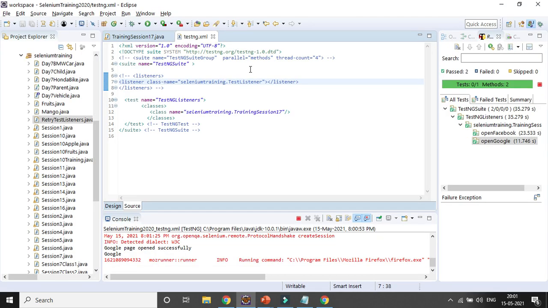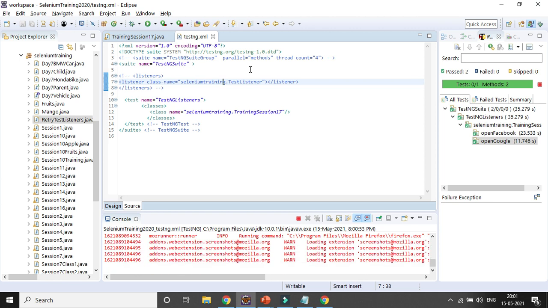So Rediff will be Chrome, Rediff will be Firefox, right? Rest will be Chrome. So it will be running one by one. So it will try to open the Firefox browser now, where it will try to enter the URL for the Rediff page. So it is taking some time to launch the Firefox browser. You can see it is opening the Firefox browser. So I am not doing anything.